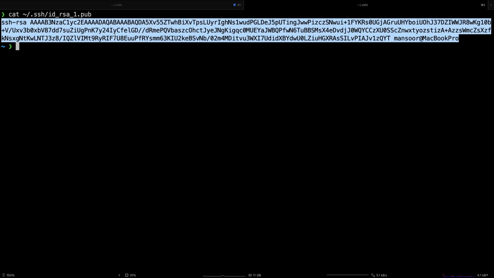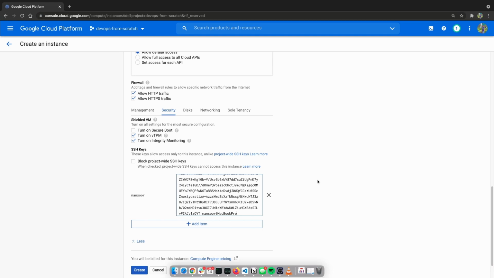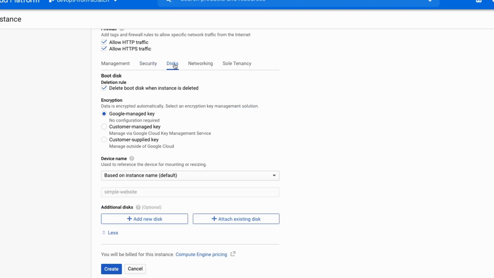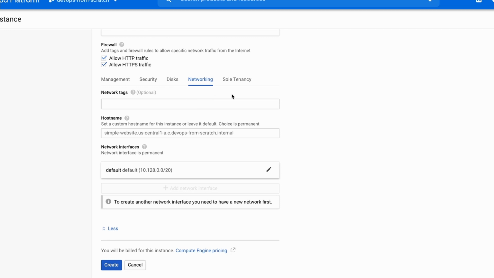If you are not familiar with this, I would strongly suggest you go ahead and watch my previous videos, because we have talked about all of this in detail and I'm not going to repeat it here because it's going to take a lot of time. I'm just going to copy this SSH key and paste it here. It automatically picked my username from this command here, and should be good. Under these other disk options, there's nothing we need to change,